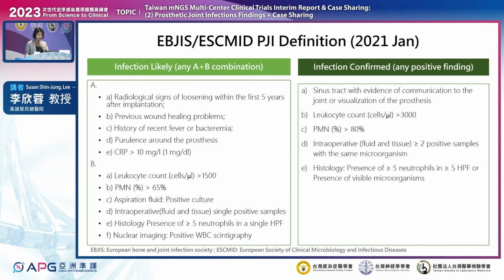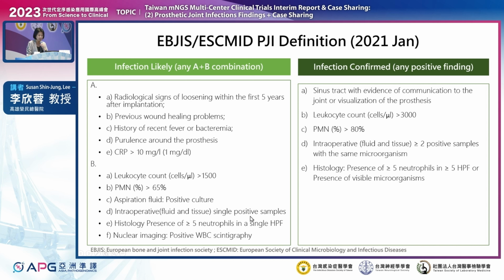Infections are considered likely if there is any combination of the criteria within the A section or the B plus the B section, which include radiological signs of loosening or previous wound healing problems, recent fever or bacteremia, purulence around the prosthesis, or an elevated C-reactive protein of greater than 10 milligrams per liter, plus one of the B criteria of leukocyte counts of greater than 1,500, or predominant polymorphonuclear cells of greater than 65%,